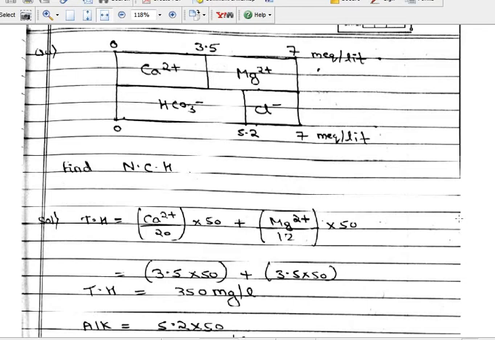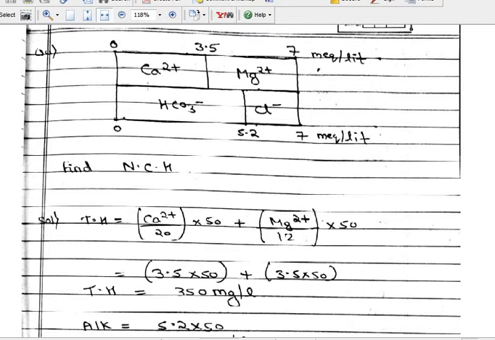You can see the box plot here. Actually this is to confuse only, nothing is there. The top portion represents all the cations, and the bottom portion represents all the anions. So this is the box plot for available ions in any water sample. In the above portion there are two boxes, one is Ca2+, another is Mg2+, and at the bottom again two boxes, bicarbonate and fluoride ions, given in milliequivalent per liter.